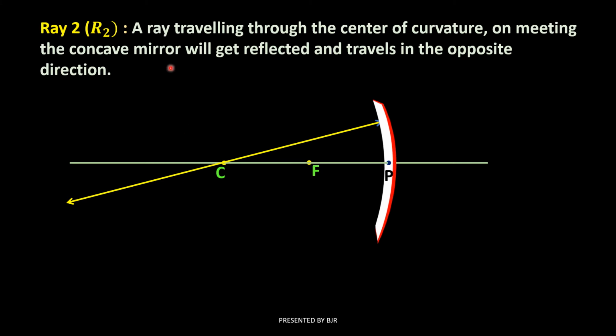This ray I am going to use. These are the two rays I am going to use while drawing the ray diagrams in all the 6 cases. So here I will explain the behavior of ray 2 once again. Try to understand the concept related to this ray particularly. Why? Because I will draw the second ray through the center of curvature and I will treat it as the second reflected ray.